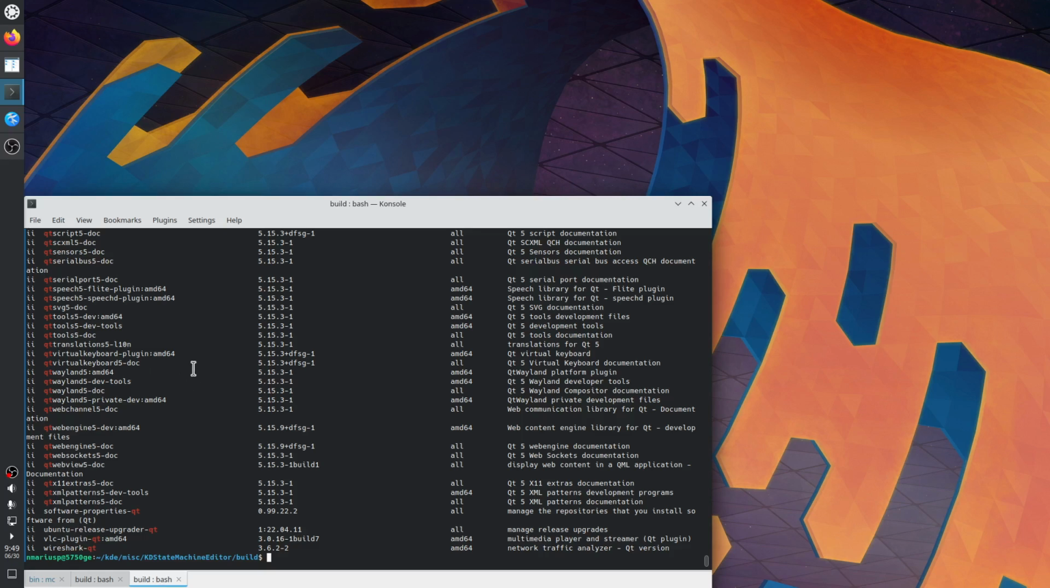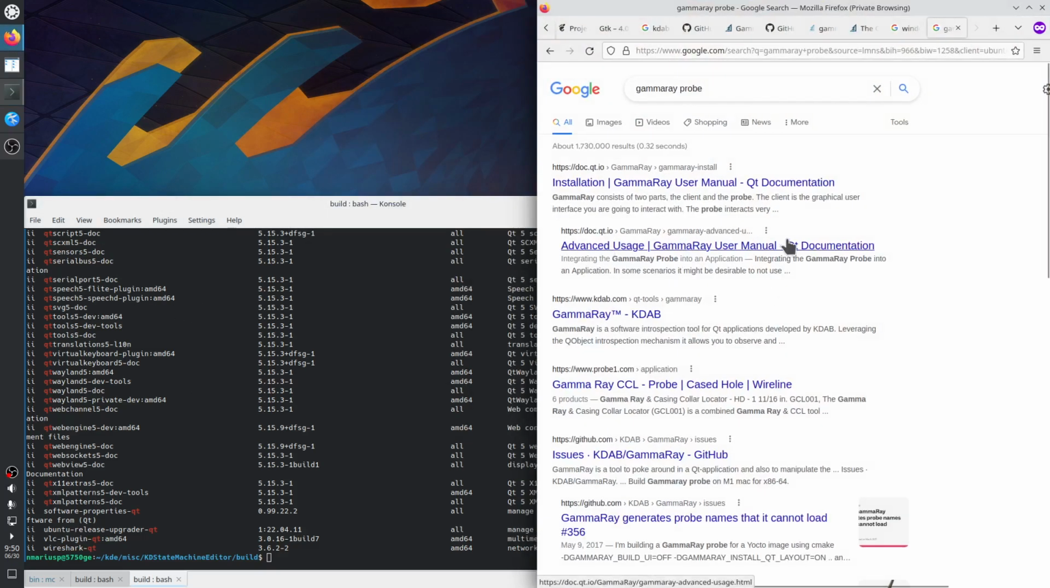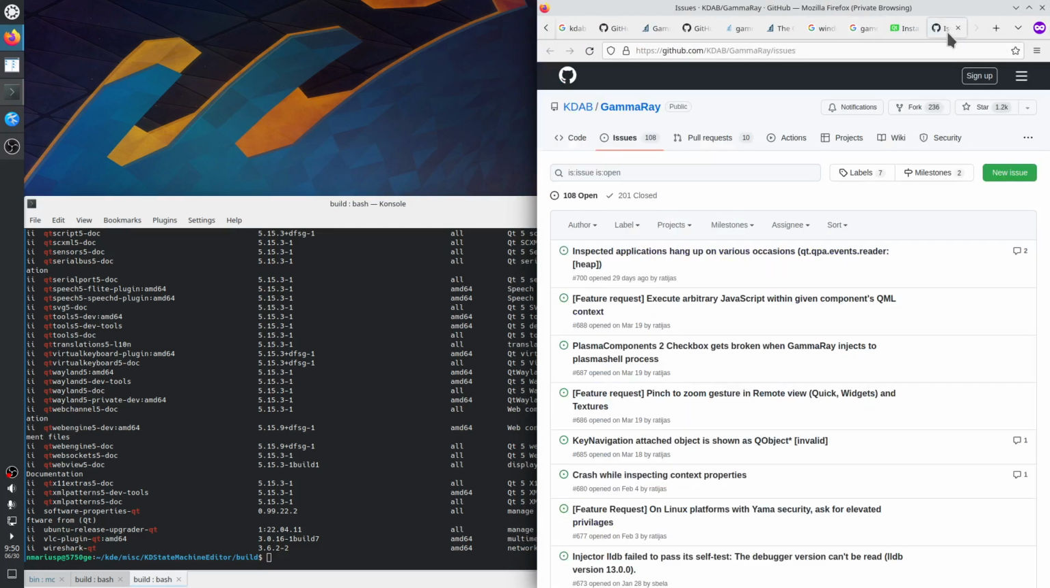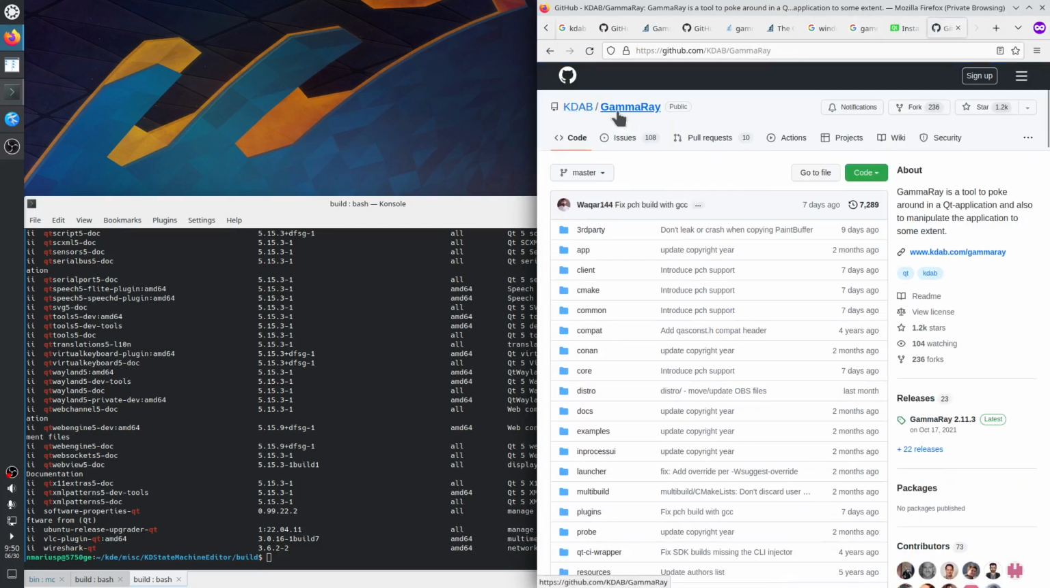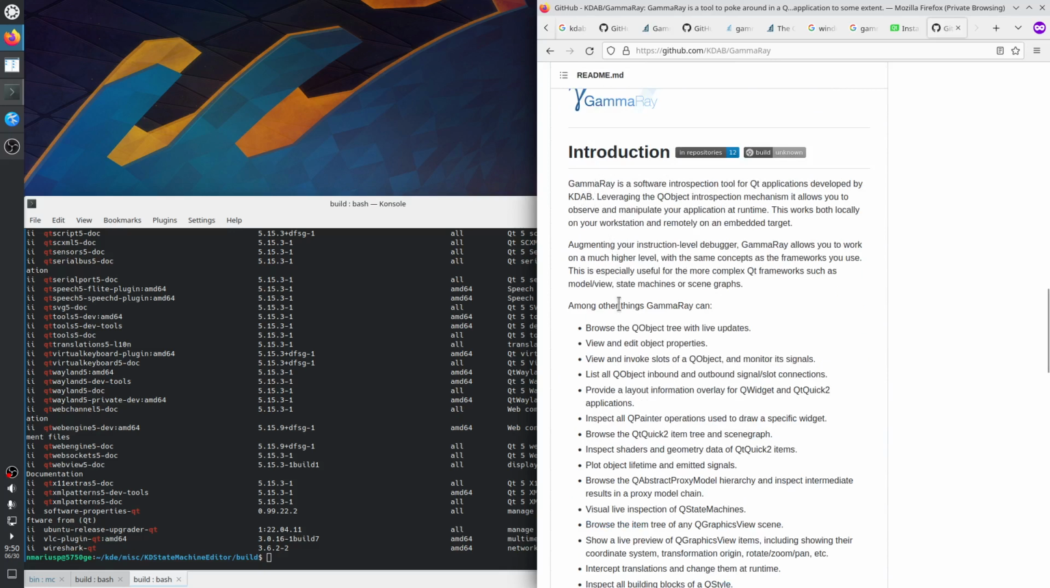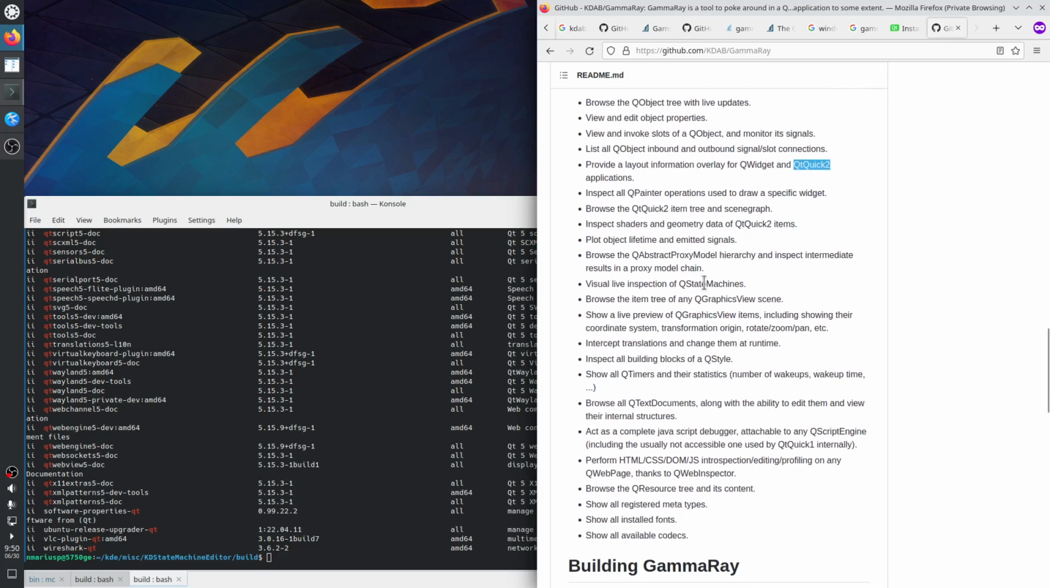So let's see how far we can get in building from scratch our GammaRay application. For that we need to go to the GitHub page. It's called KDAB GammaRay inside of github.com. Let's look at its README file. It shows information for both QWidget and Qt 2 QML applications, state machines,